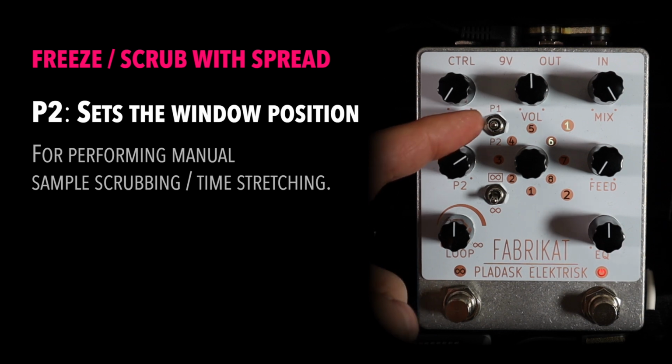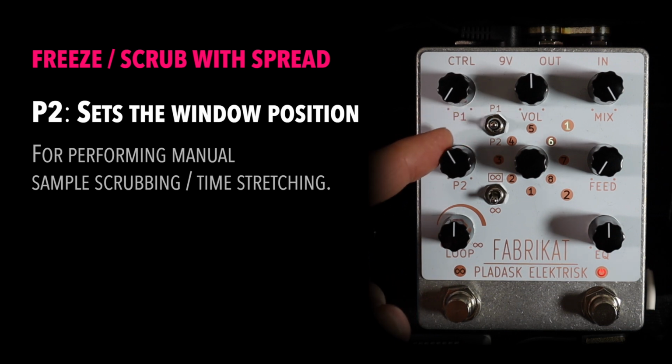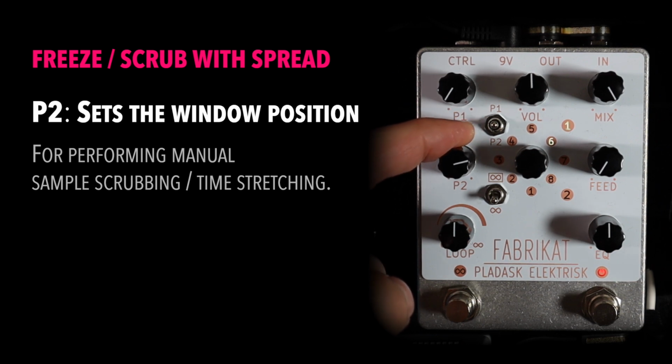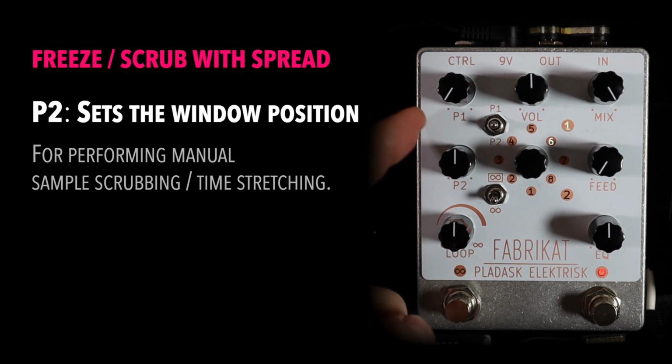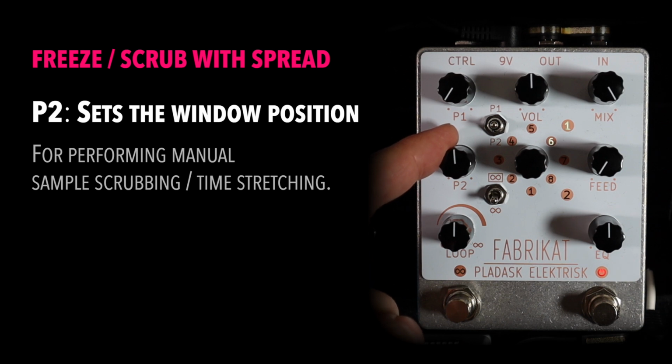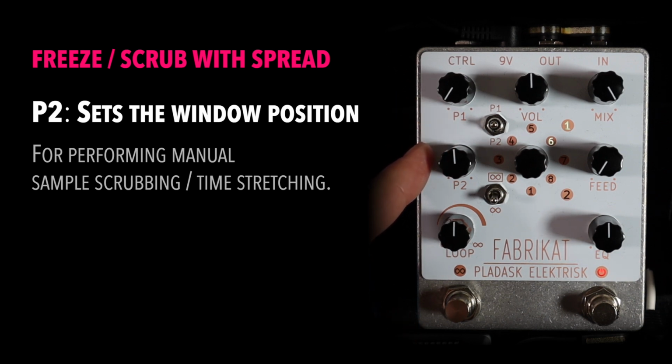And I think the concept is that there's a window of the freeze, and it's scrubbing through that as you turn it. On this type of algorithm, it seems like P2, and by the way, this same kind of functionality is going to happen for a few of them,